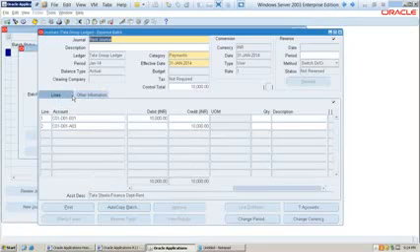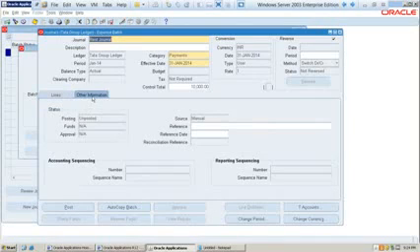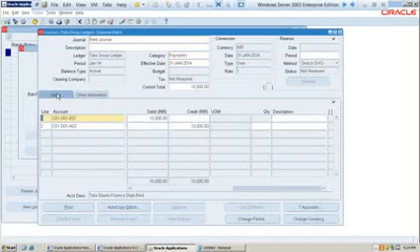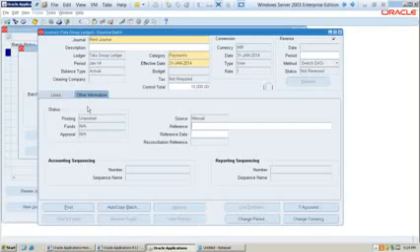Then you see down here, after lines, we got something called other information. You can see source. Source in the sense what? How the entry got created, how this entry got birth. Manual entry: the user has entered this entry manually.